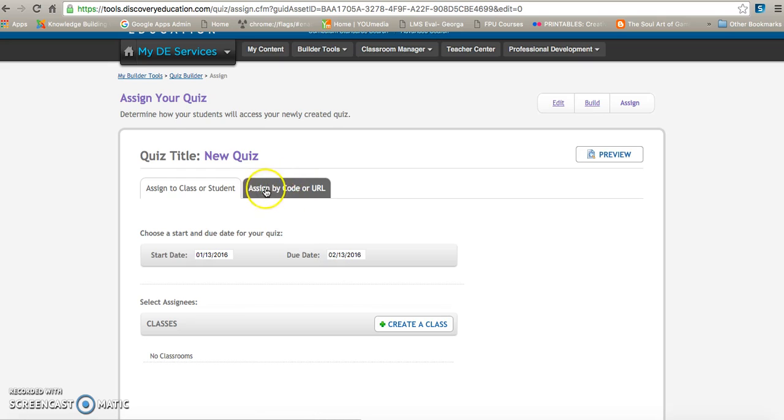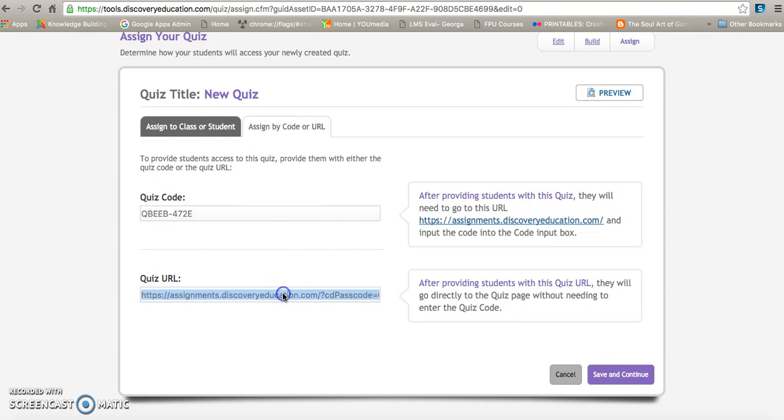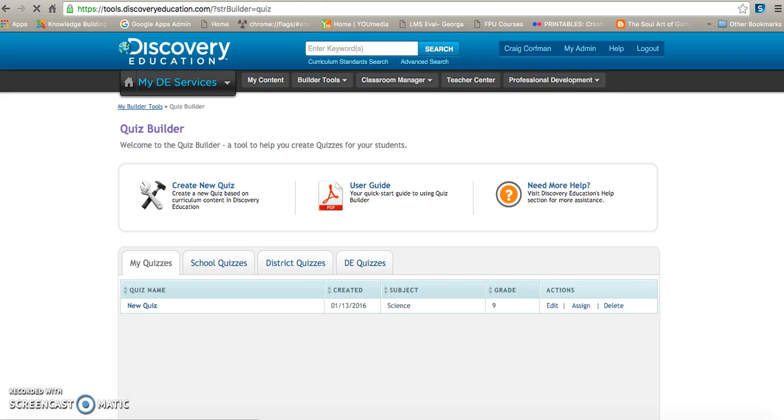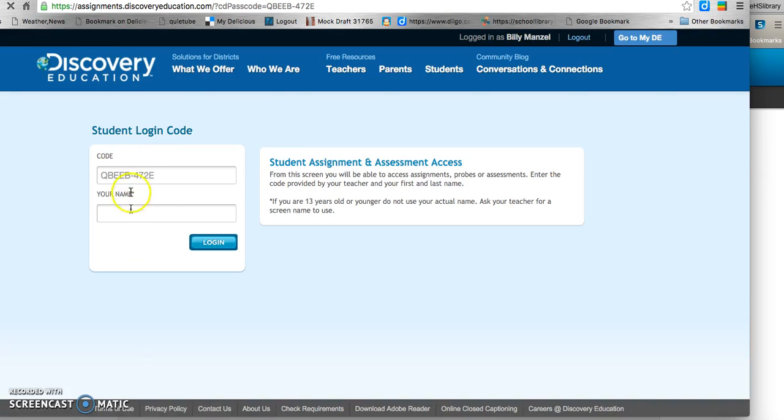What I would probably suggest is go to assign by code, and what that'll do is give you a code where you can give the student this link, and then they enter the code, or my personal preference is just give them this code by copying, and then the passcode's already in that URL. So if I go save and continue, yes, and then what I'm going to do is go to a separate Chrome account and show you what the student will see. So I pasted that URL, and we need a name, so we'll go with